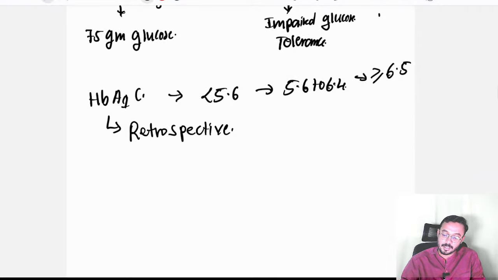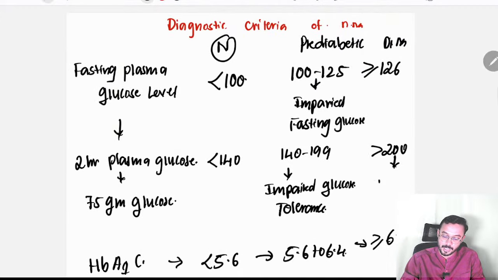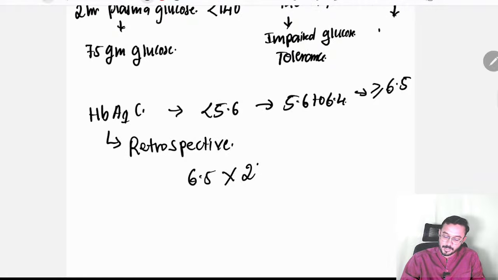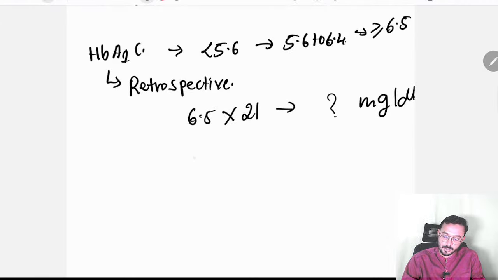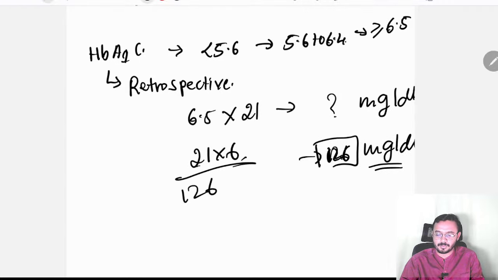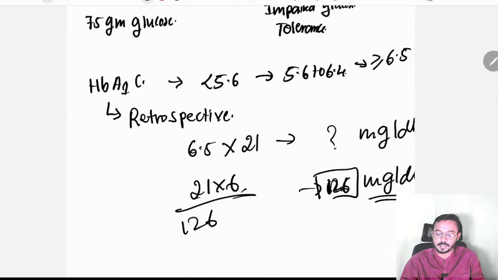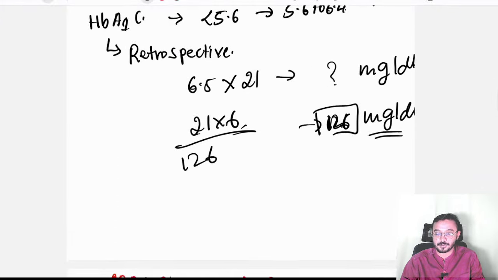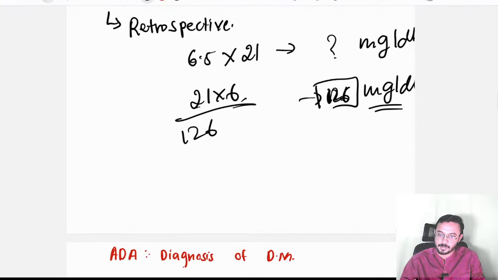Okay, if you want to know the HbA1c value in terms of mg per dl, all these values are in mg per dl itself. So if you multiply the HbA1c value by 21, the value that comes will be in mg per dl. Like 21 into 6 is 126. So the value is 126 mg per dl, and then you know where the criterion comes from, right? This is how you will measure the HbA1c value. This is a retrospective test; recent food intake doesn't matter for this patient.